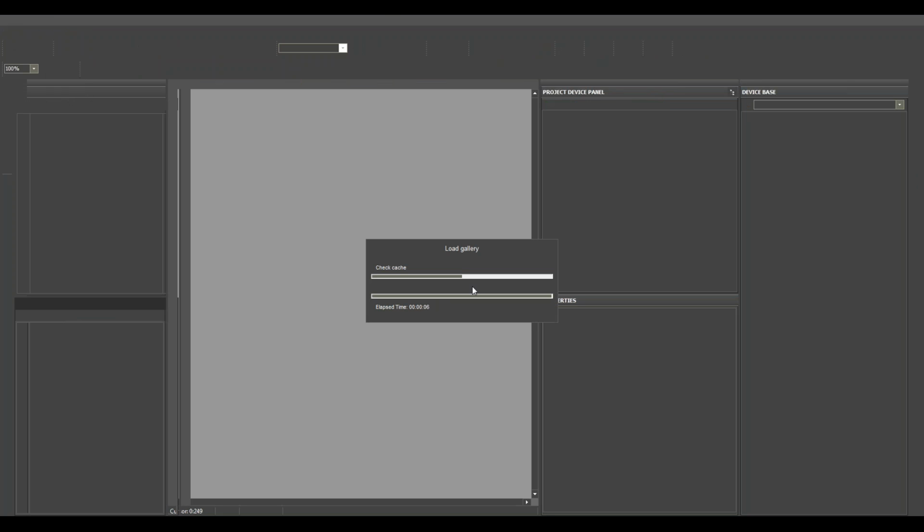Wait for the gallery to load, because in a module we can't create our own graphics. In a module we can use only items from the gallery, because all modules in i3 Lite can be restyled. One user wants to see his project in iOS style, and a second user wants to use Android style.